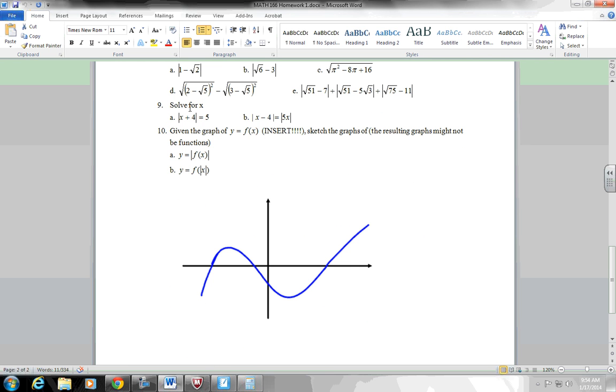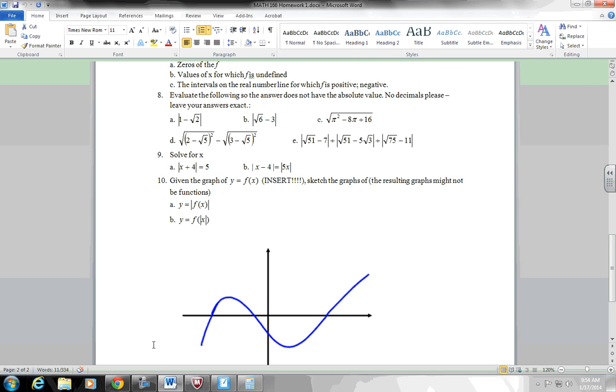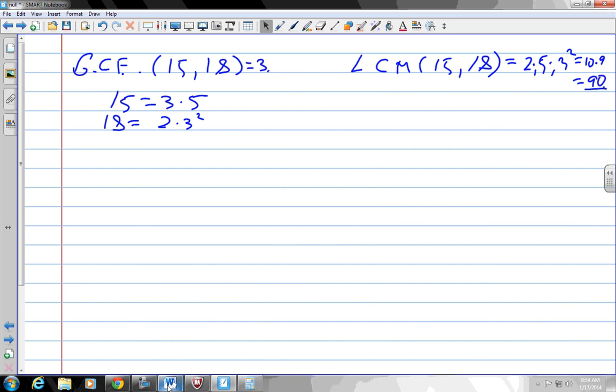Okay, we've got to talk a little bit about absolute value. I got some absolute value questions there. We have time for that. So absolute value